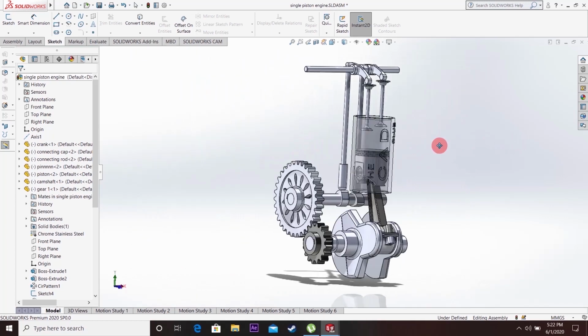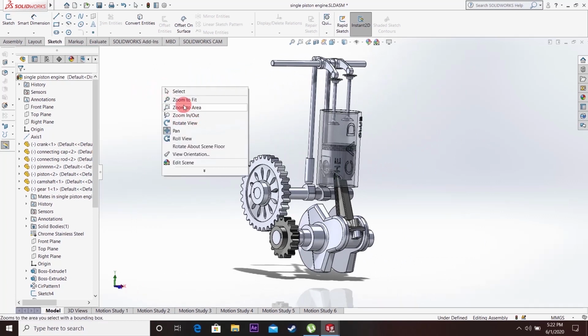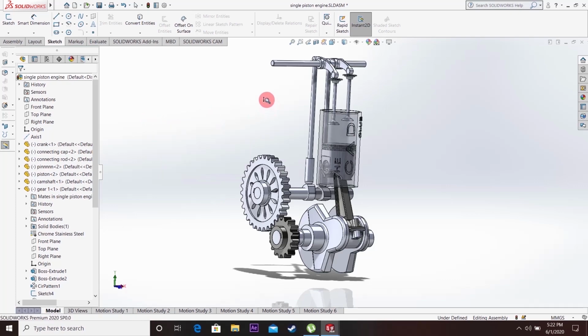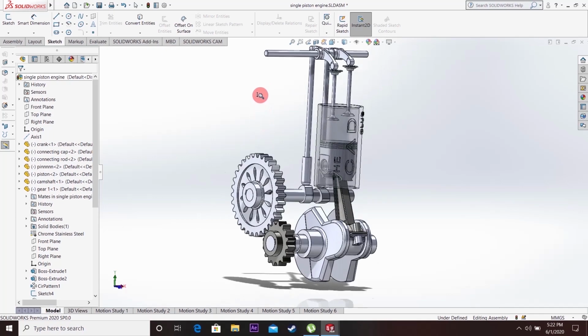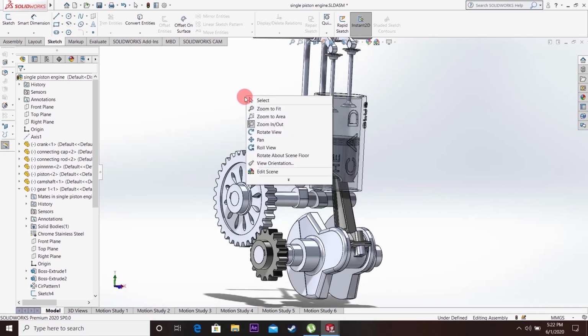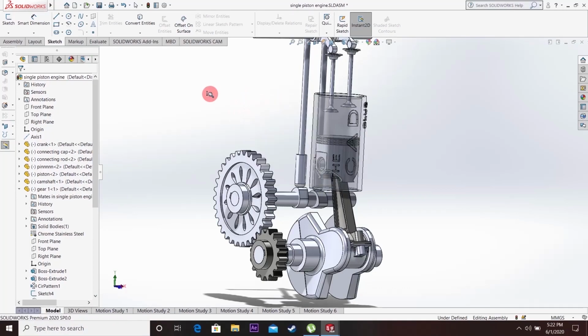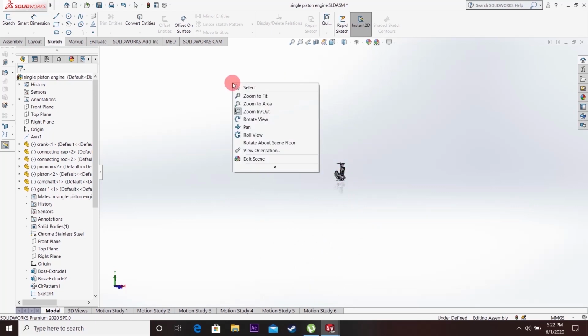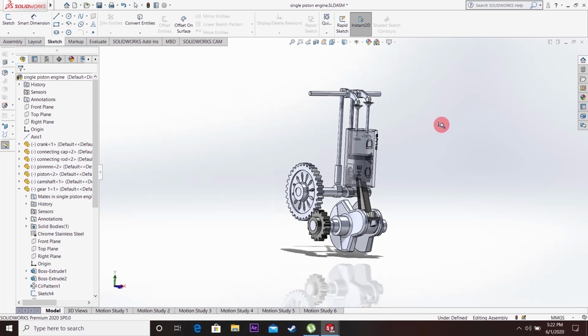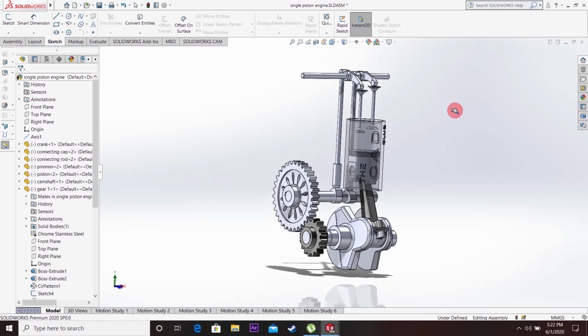You can move the object now. If you want to zoom in and zoom out, select zoom in/out, click on the left mouse button and drag it up and down. Okay. So what if your model goes like this? You can bring it back by clicking the zoom to fit option. Okay, now the laptop users should be comfortable.